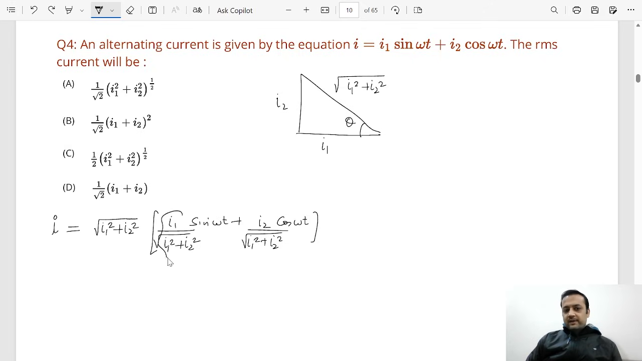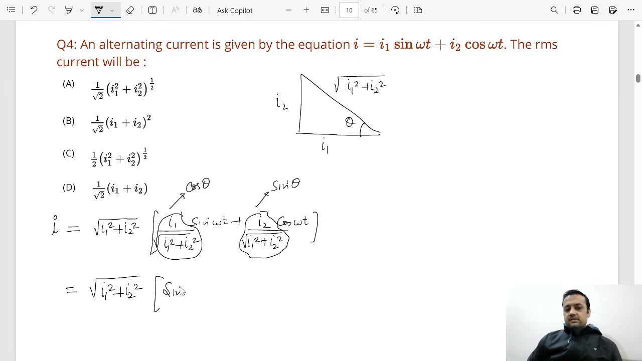That means this value, if I call it cos theta, this is nothing but cos theta. So this will become sin theta, right? So now this whole expression becomes under root of I1 square plus I2 square into sine of omega t plus theta, because you can apply the cos A sin B plus sin A cos B formula: cos theta sin omega t plus sin theta cos omega t, right? Now this expression becomes some constant into sin of omega t plus theta, which is nothing but a sinusoidal function,